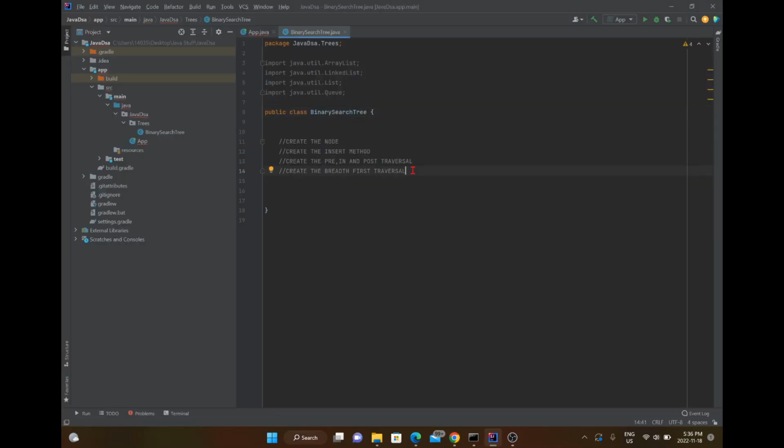Right. With that being said, we'll probably go ahead and get to this first bit here. We want to go ahead and create this node. Now, this node is going to be a private class. We're going to call it node. It's just going to be a pretty basic POJO, a plain old Java object. It's going to contain an element, private, and then a node,